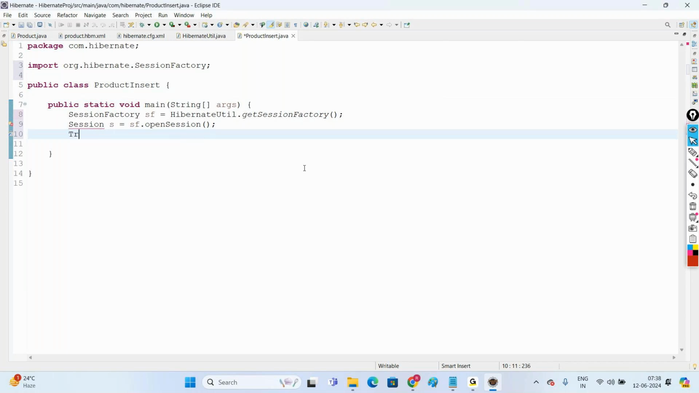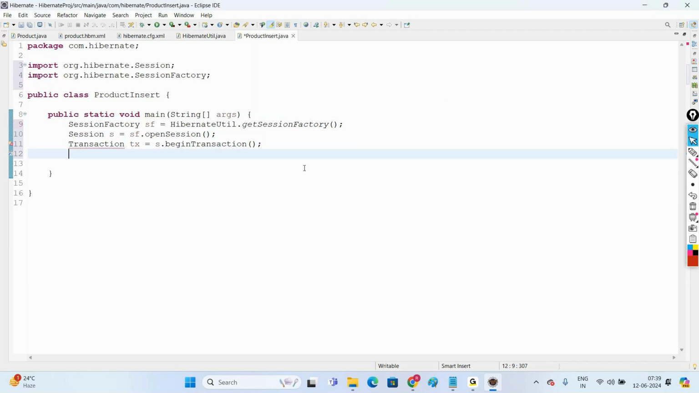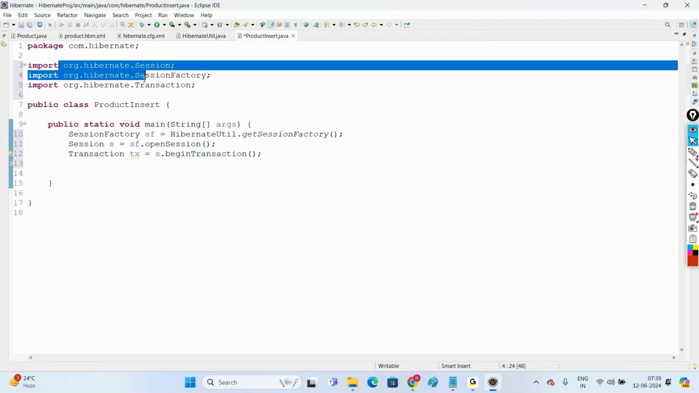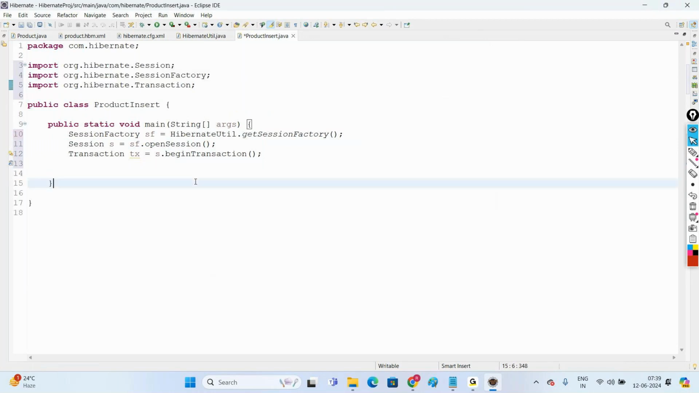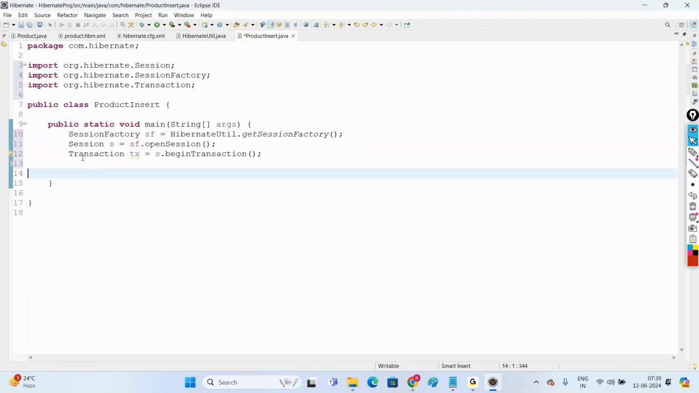Then next step, begin the transaction. Transaction ts equal to s dot beginTransaction. Import the package org.hibernate.Transaction. So these are the package details. So go with org.hibernate only here. So these three are common steps. Now what is our next step? I have to create a Product class object and insert into the table. So create the Product class object